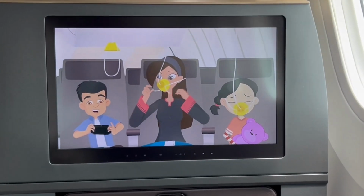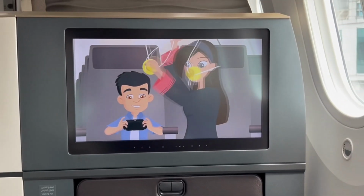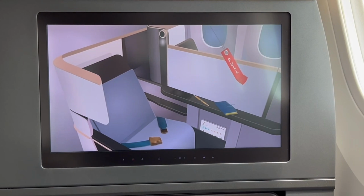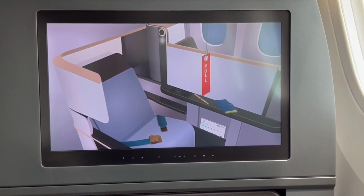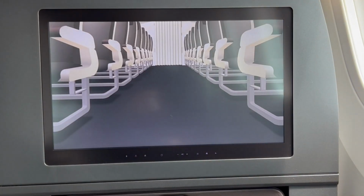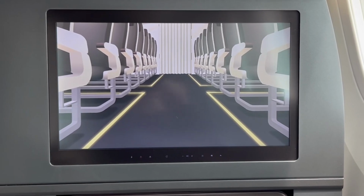And breathe normally. Put your own mask first before you assist others. Oxygen masks in the Falcon Gold cabin are equipped with a red tab. In the event of smoke in the cabin, the escape path marking will guide you to...